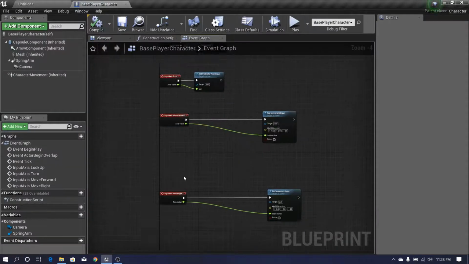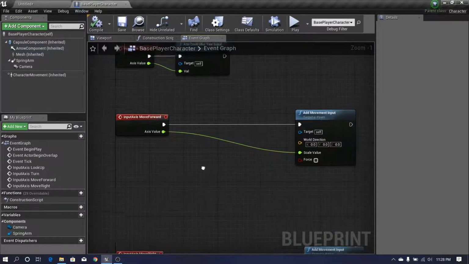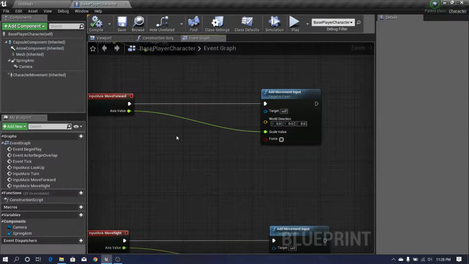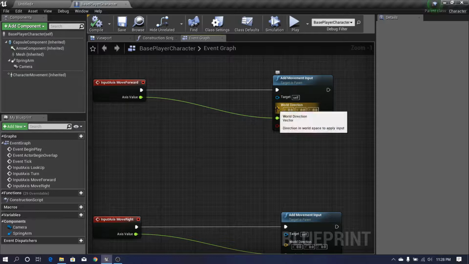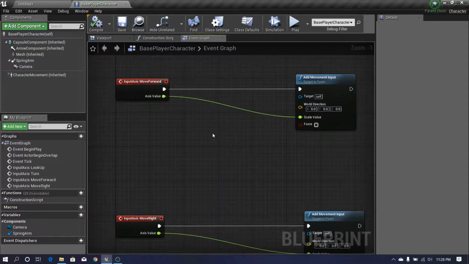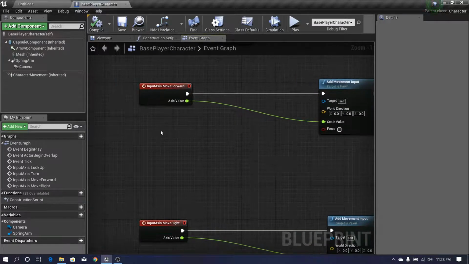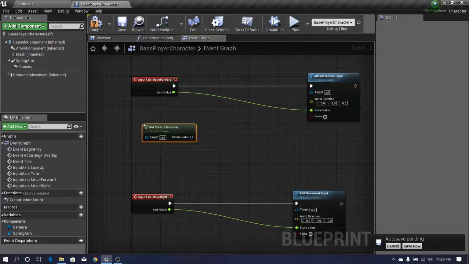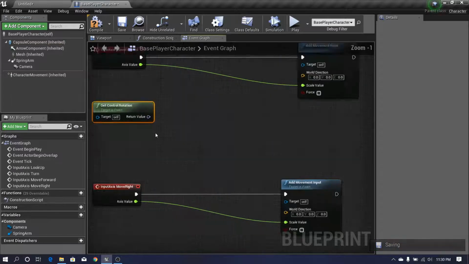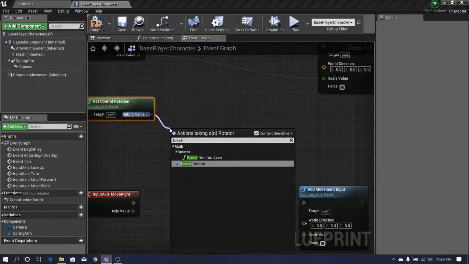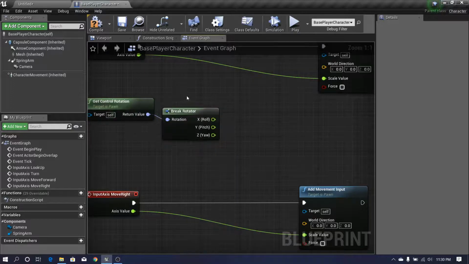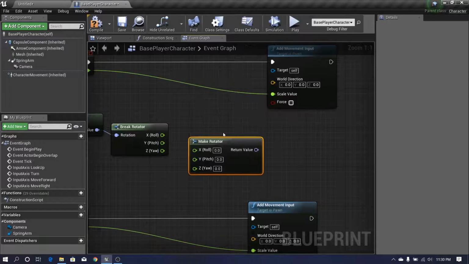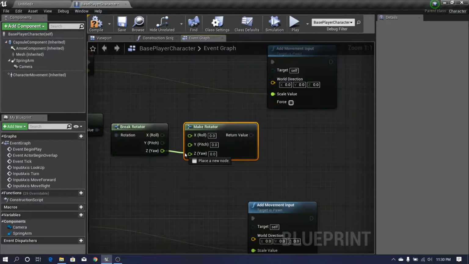So let's see how to move our character now. Okay, I added these movement input nodes. Now I need to define this world direction. So let's see how to do that. First I get control rotation, and I break this rotation and I make another rotator. I'll use this yaw only,